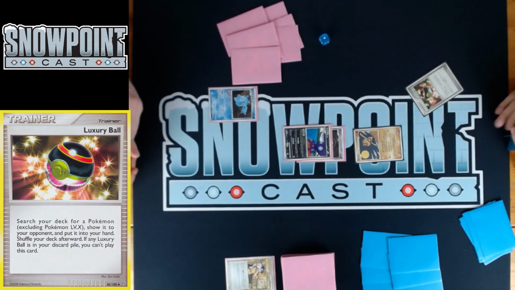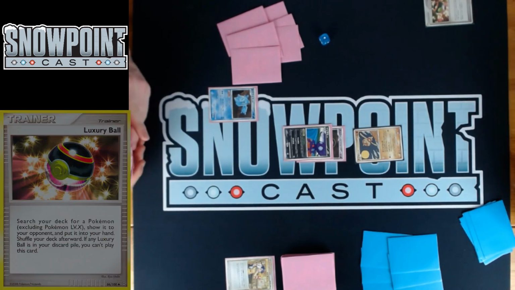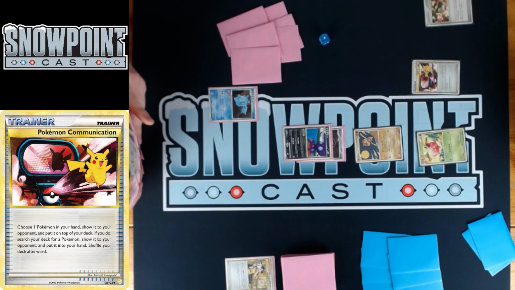So Josh goes for a Luxury Ball. Starting with Baltoy is definitely not your best starter here. He definitely would have preferred a Jumpluff or a Hoppip so that he might be able to attack with a Jumpluff this turn without having to hit a Q. But he did hit that communication, so he's probably going to go for a setup Uxie here, or maybe Claydol